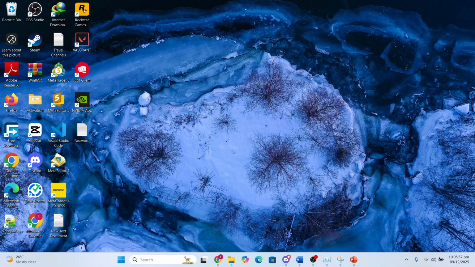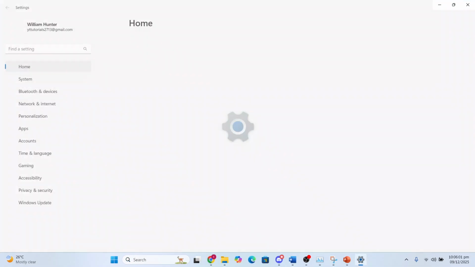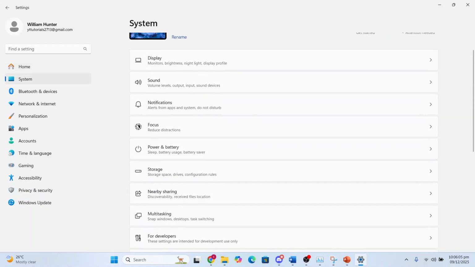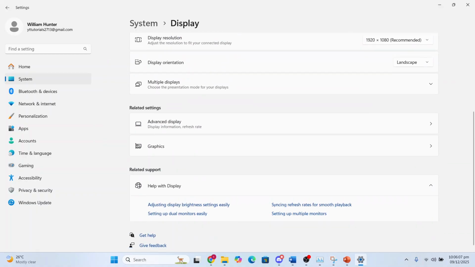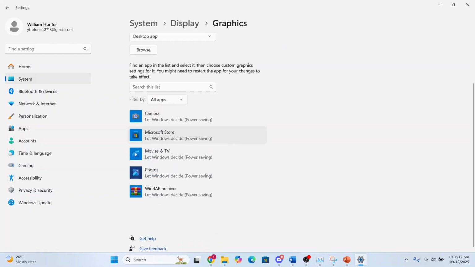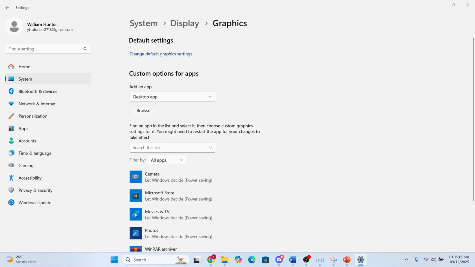If you're still having issues, just go ahead and search up settings, open this up, and then here on the left hand panel you'll see system. Click on that, scroll down until you see display, click on display, scroll all the way down until you see graphics, click on that, and then here you'll see all your apps. I want you to click on browse if you don't see Nvidia, and then I want you to go to